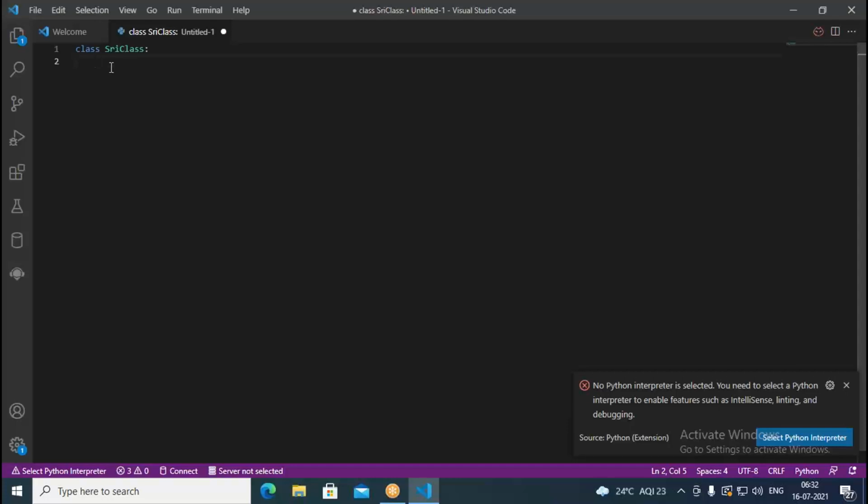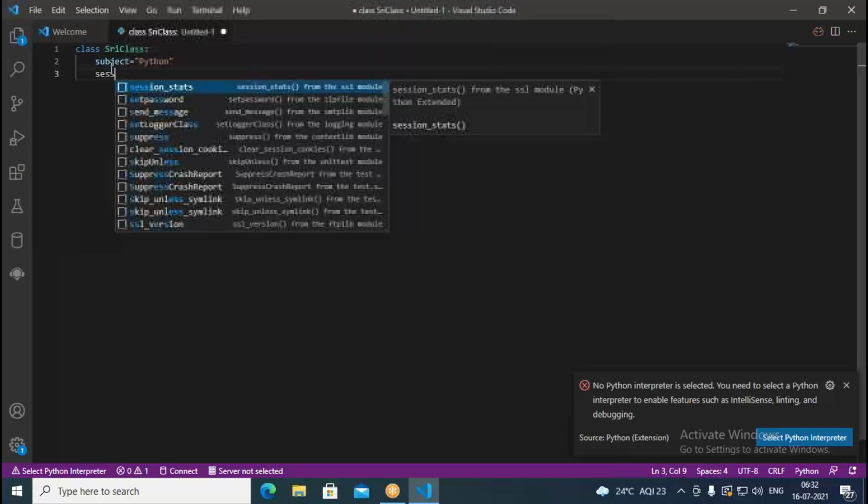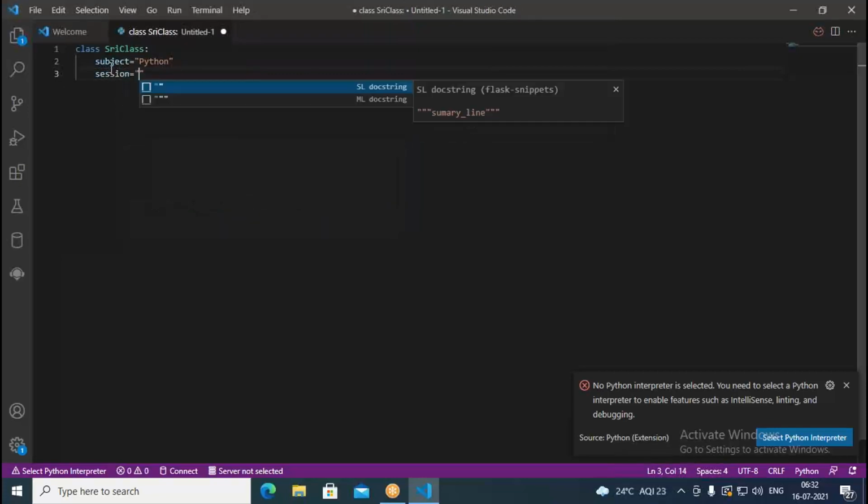Here I define the properties: subject equal to Python, and session equal to Python oops.